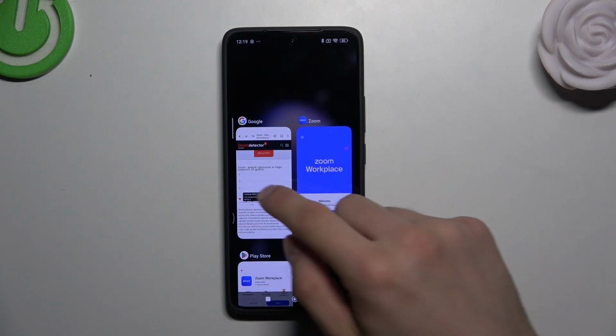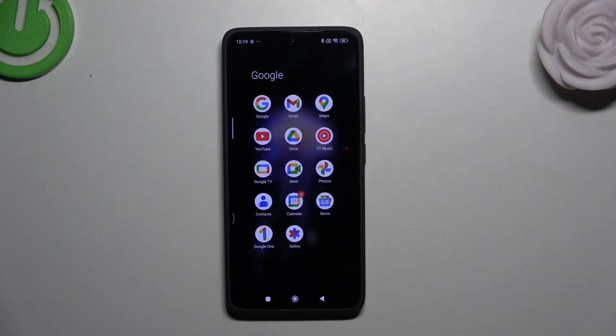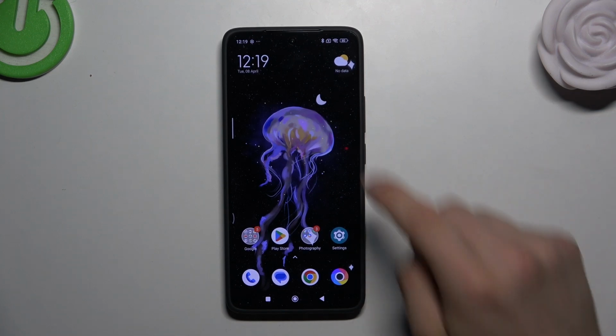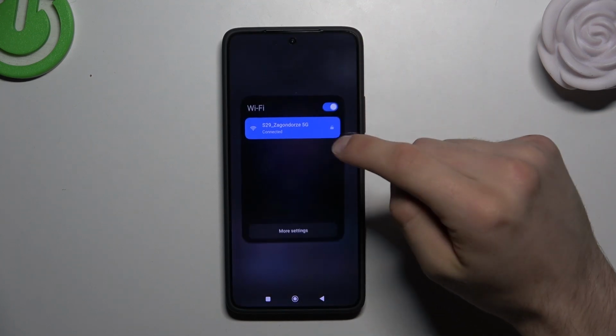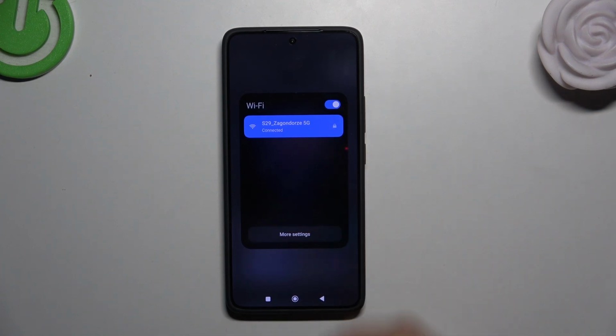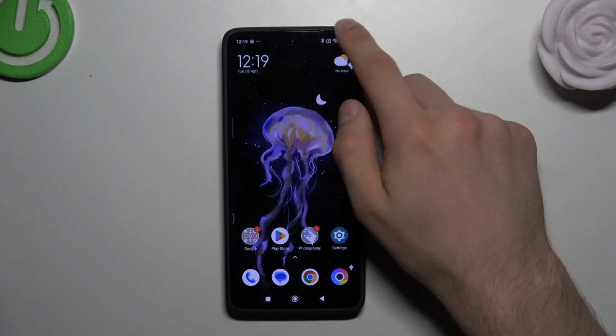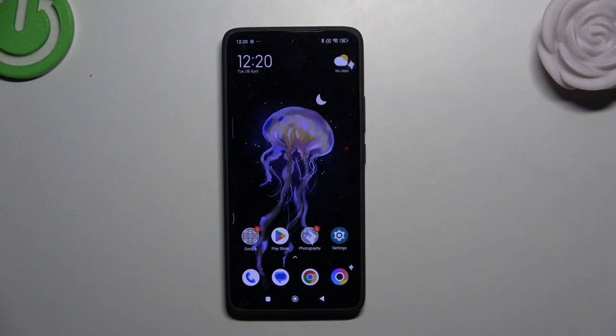Okay, so if it isn't an issue, the last thing you can do is check on your connection, which is Wi-Fi, and check that it's connected well on my phone, and mobile data, and if they are working well, just try to reboot your phone